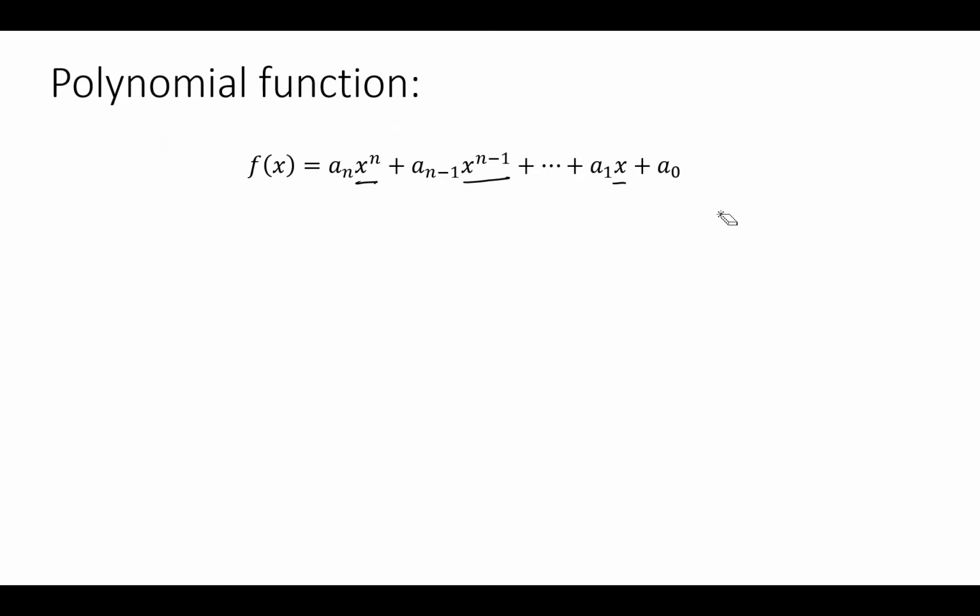So we also have these different coefficients here. These are just a shorthand to say we have this number of coefficients. Of course, you can use any other coefficients like a, b, c, d, e, but it is more convenient to express it in this way. So a subscript n, and then a subscript n minus 1, and so on and so forth. So this is what a polynomial function looks like. As you can see, it is still a function of one variable, right? However, we actually expand it to different